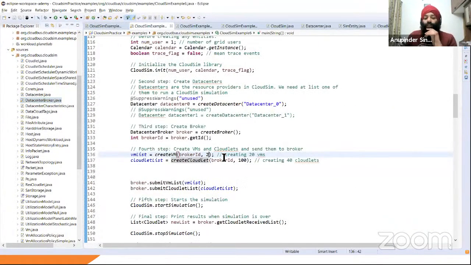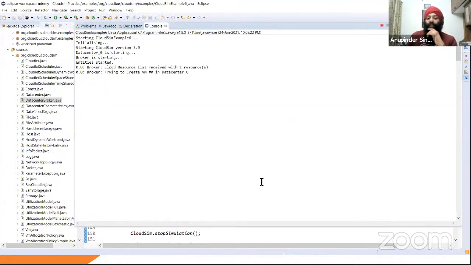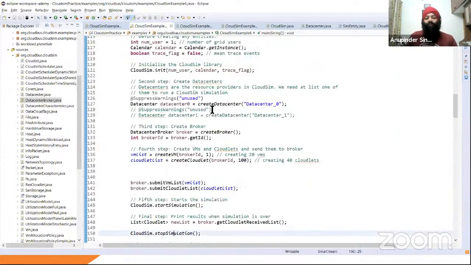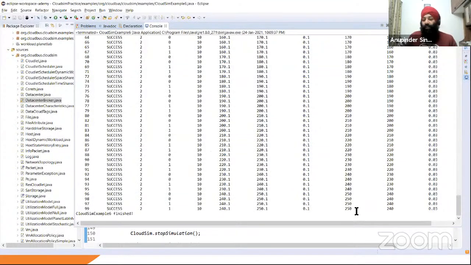So we have two virtual machines, right? And we have 100 cloudlets to be executed. I wanted to see what the difference is if I run the simulation from one virtual machine to 5 virtual machines. One way is, I just change this to 1, run it, and keep a note of the final execution, which happens at 500.1. So with one VM, it is 500.1. For two VMs, the final time is